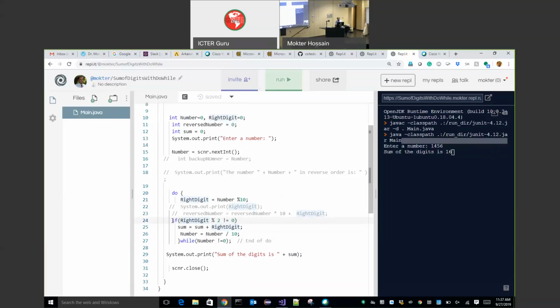If my right digit modulo 2 is not equal to 0, if we divide a number by 2, I will get remainder either 0 or 1, right? If not equal to 0, that means it is 1. So then only if this holds, sum will be sum plus right digit.